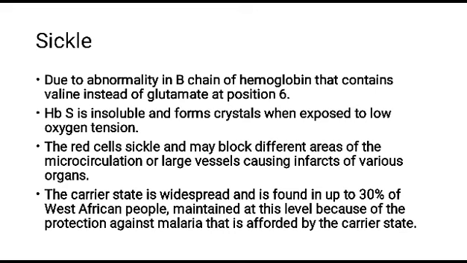So the classical example of abnormal hemoglobin structure or globin structure is sickle cell anemia. The abnormality is in the beta chain. We have substitution of valine instead of glutamic acid at position 6. This will lead to production of abnormal hemoglobin called hemoglobin S. This hemoglobin S is insoluble and it forms crystals,